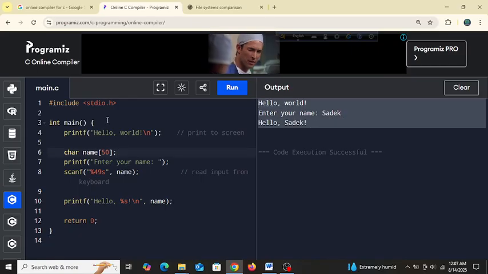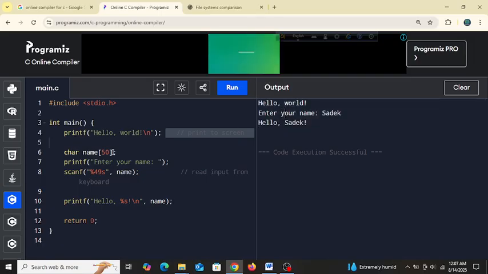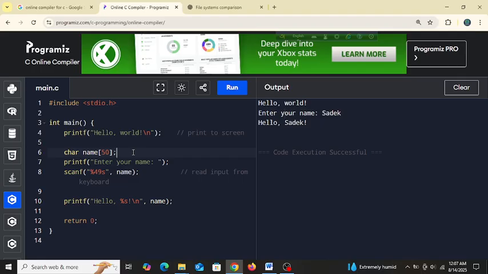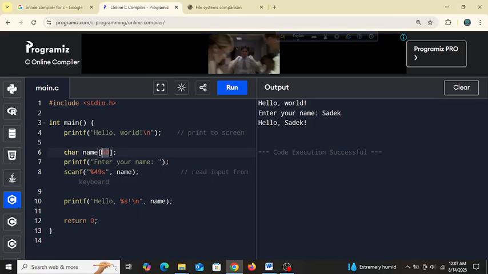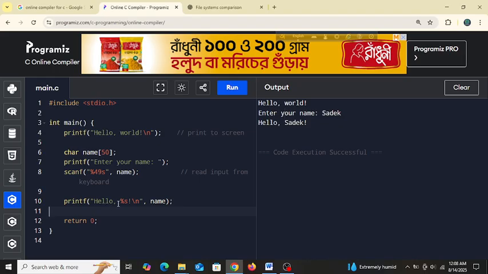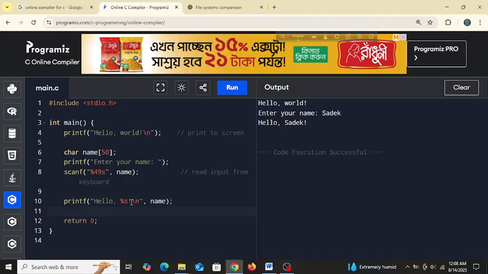So how is this happening? This is the printf function, so because of this line we are getting this hello world. char name[50] means it's an array of character type. It will store characters, and up to 50 characters can be included. So enter your name. Okay, so scanf %49s name. I will explain why this %49 later. And then hello, and then %s means it will print a string,